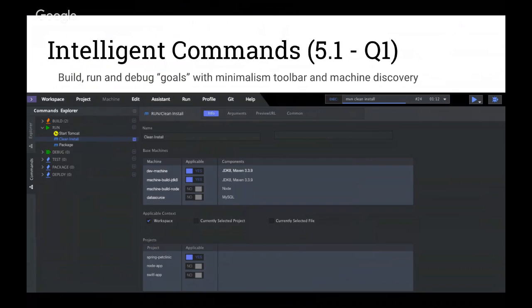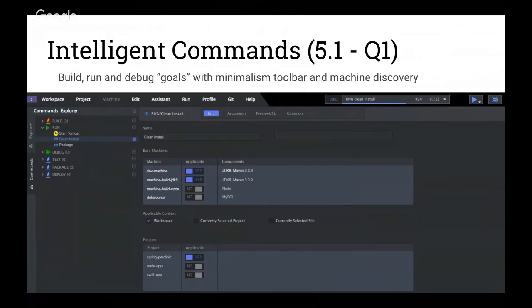So if you have a run objective or a run goal, if you will, that's really important, because in order to achieve the run goal, there's a whole series of dependencies, such as, hey, the project needs to be built. The project may need to be packaged as well. The project may need to be deployed. So by defining these very abstract goals and their associated dependencies, there's a real consistency around how commands can be